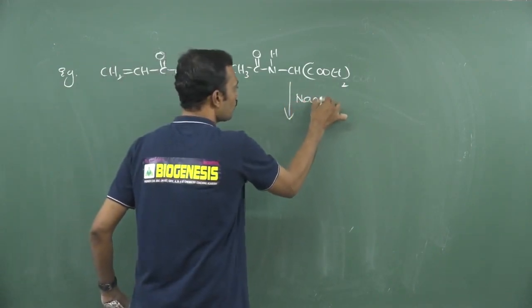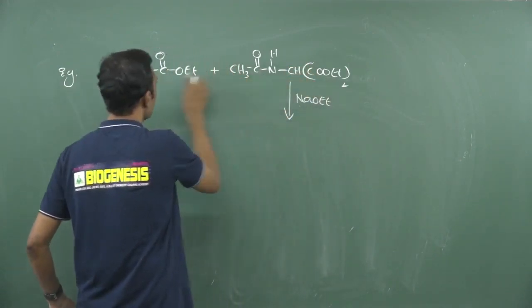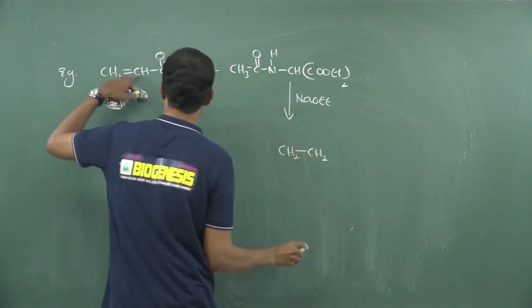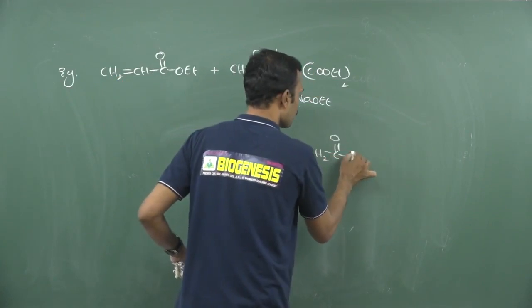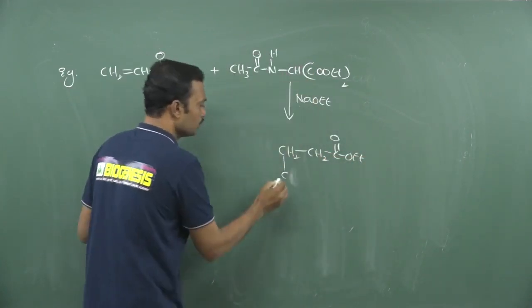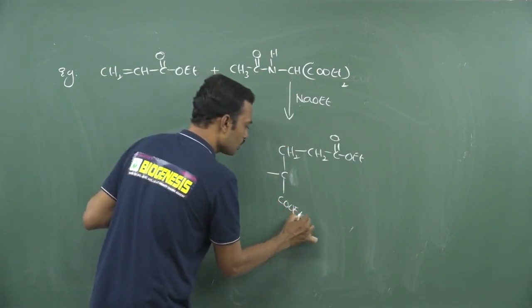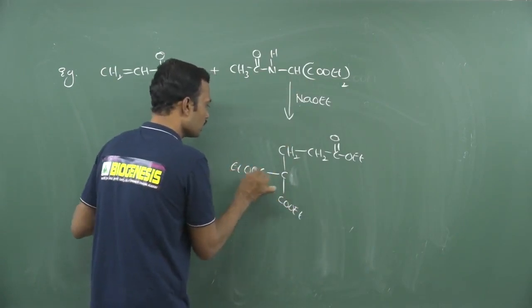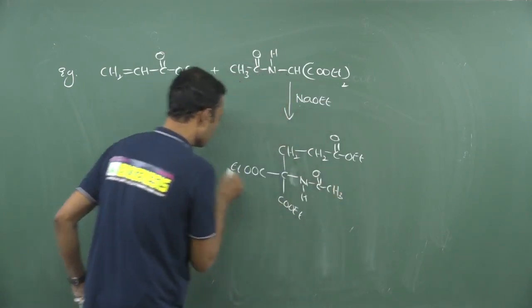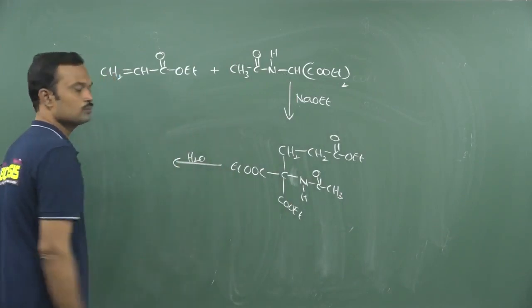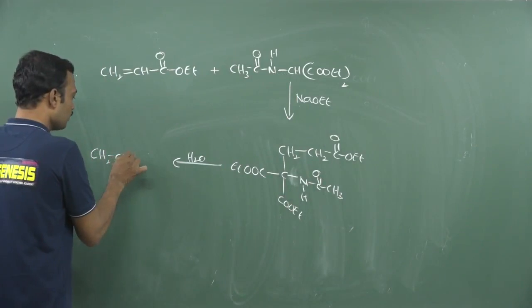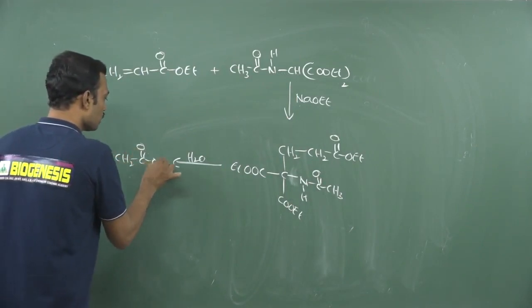Now if I use NaOEt, remove this hydrogen and this part will be added on this one. So can I write like this CH2, and here one more CH2, and here I am writing C double bond OEt. And this carbon is the carbon where hydrogen is removed, and how many esters does it carry? COOEt, and here also COOEt, and this will carry NH, C double bond O followed by CH3. So on hydrolysis, esters and amides all get hydrolyzed here, and they will liberate carboxylic acid, C double bond OH.